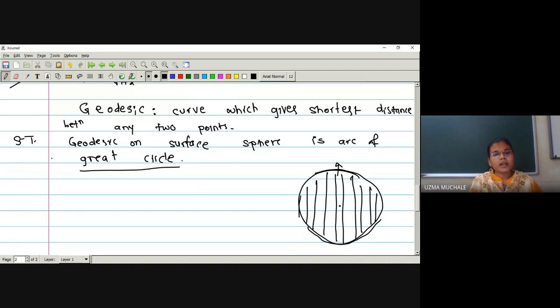Great circle means what? Whenever you are going to cut your sphere from the center, जहाँ पे आप सेंटर में से कट कर रहे हो उसी उस पार्ट को हम क्या बोलेंगे? ग्रेट सर्कल. राइट. आप कोई भी रिंग ले लो, वो ऑब्वियसली उस लार्जर रिंग जो भी हम स्फीयर के सेंटर में से जो ले रहे हैं उससे ऑब्वियसली लेस देन होंगे ना, because in the image itself you can see the radius is smaller, but the largest radius is here only, right? Have you understood this concept?